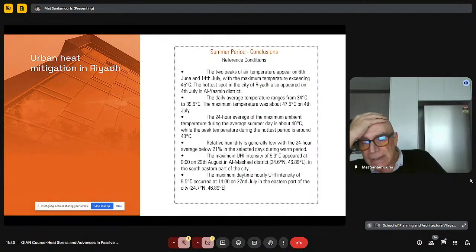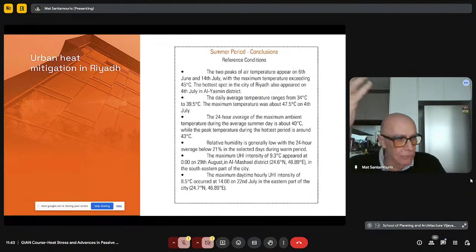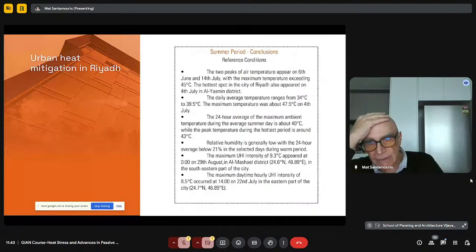And how to increase the latent heat losses? By using more evaporative components at the city scale, which means more greenery or more water, etc. So, based on the whole analysis, that of course I tried to present to you very briefly,